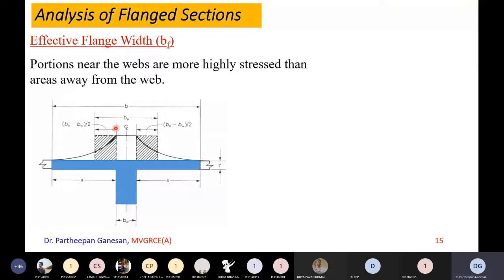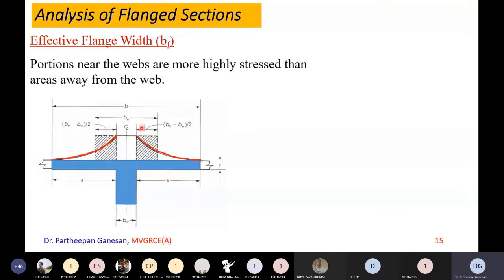I will show you here. This red one is the variation of compressive stress along this slab. Now, obviously, it will be very difficult to work with this parabolic region. So what you can do is take an equivalent rectangular distribution. If you take this parabolic one, this force will be equal to the area of this force.